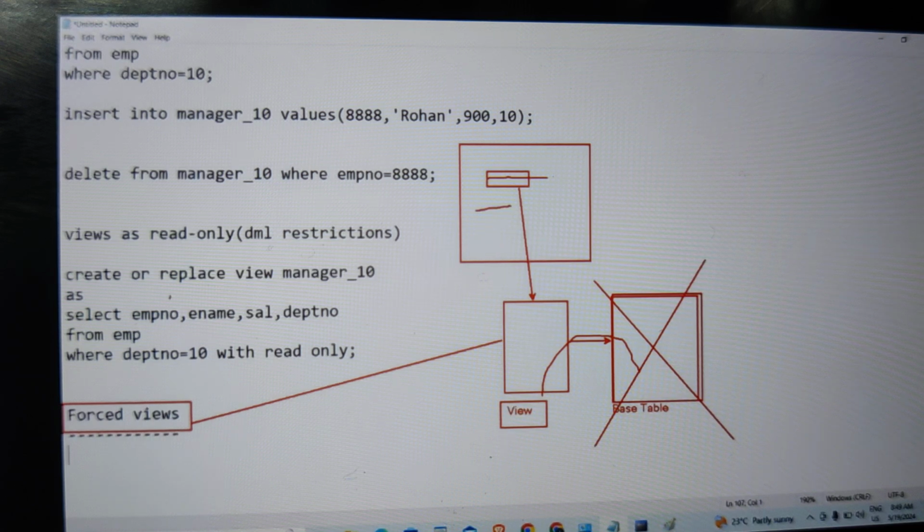So that is the reason we sometimes use force views. Force views are required only for project development. It is not compulsory that we need to use a force view. If there is a delay of the table, we create one temporary table, then there will not be any issues while developing the project. So that is called a force view. We do not use force views every time, only based on requirement.